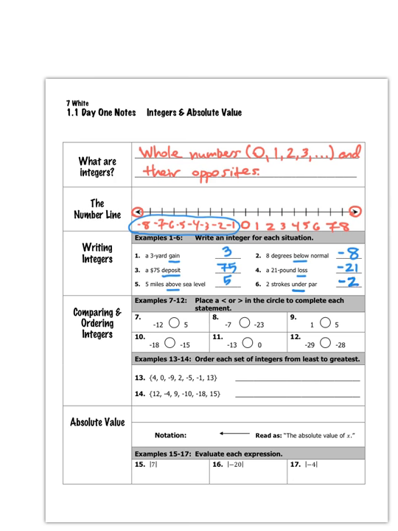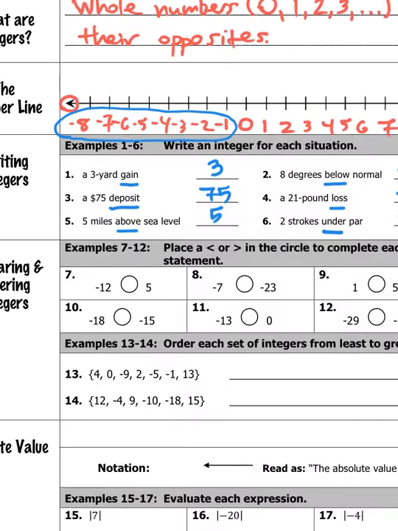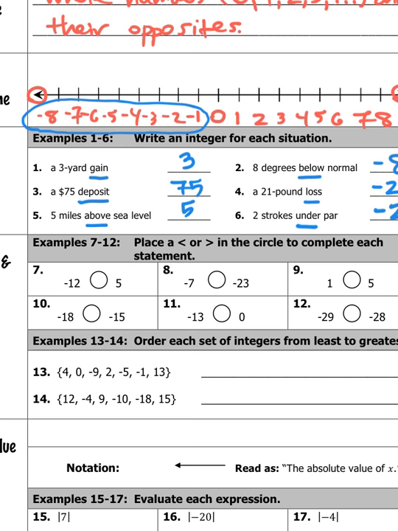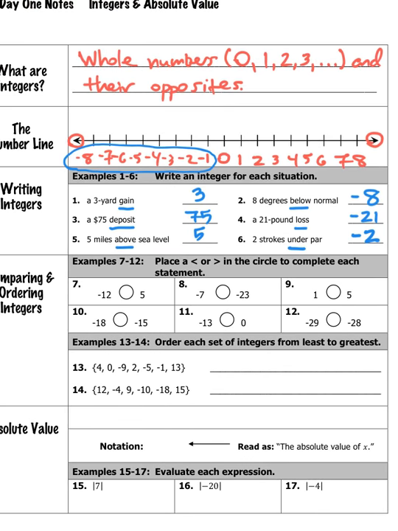Okay, next I want to look at how to compare and order integers. So that's what we use the number line for. If you look back up there at the top, numbers to the right are always larger than numbers to the left. So for instance, all of the positive numbers are greater than the negative numbers. So the further to the right you are on this number line, the larger value that you have. So as you go to the right, your numbers get larger,